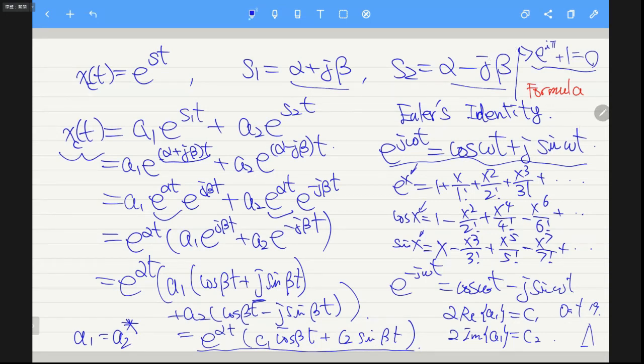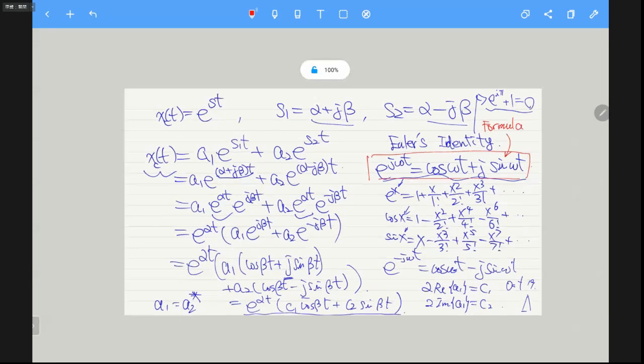Euler's formula is this one. So when you plug in omega t to be pi, then you will get this, because cosine of pi is -1, sine of pi is 0. So you will have an exponential to j pi, or i pi, plus 1 equals 0. Okay, so